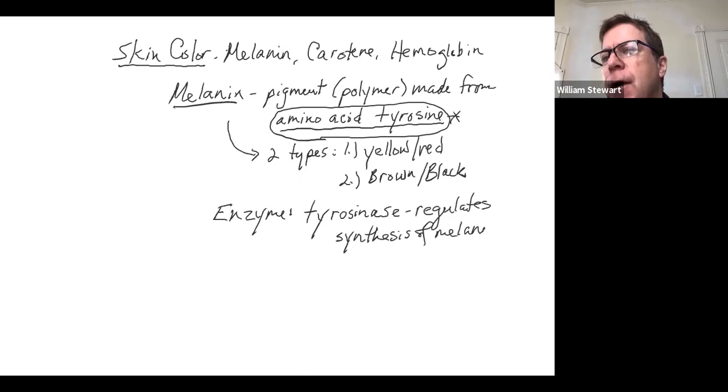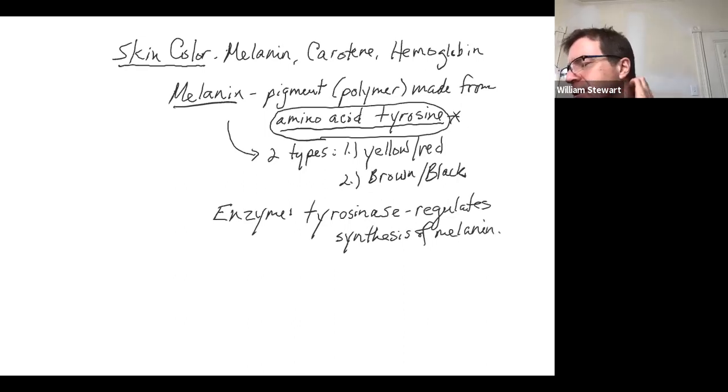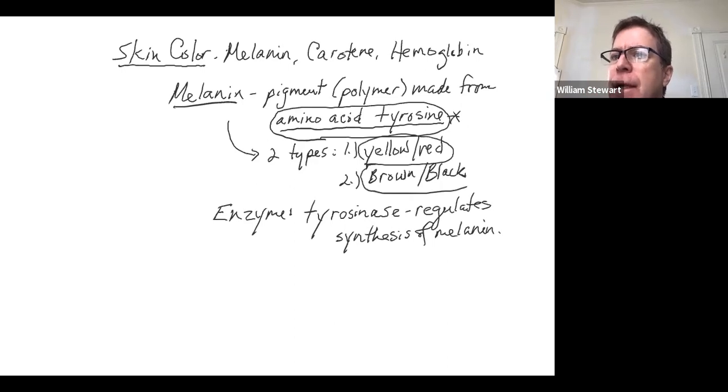Remember I mentioned in our last lecture, we all have the same relative number of melanocytes in our skin. Doesn't matter what our skin color is, we all have about the same amount of melanocytes. Differences in skin color, as I said, is determined by how active our melanocytes are and how actively they produce these two different types of melanin. That's it. So UV light is what hits the deeper layers of the epidermis, and it energizes the pathways,